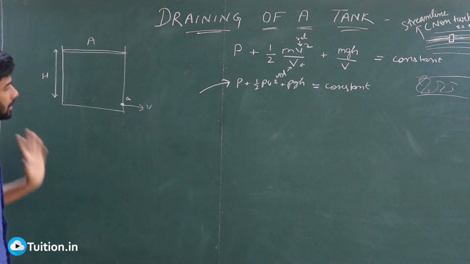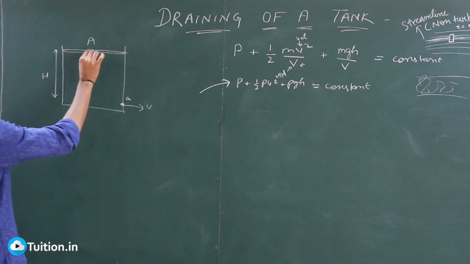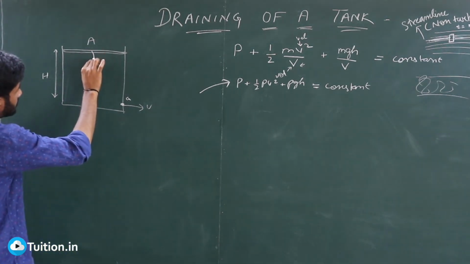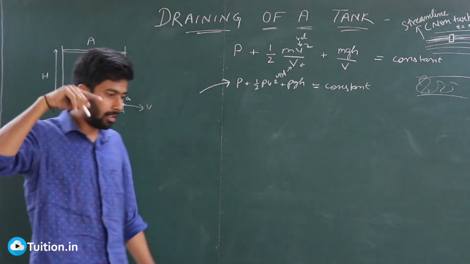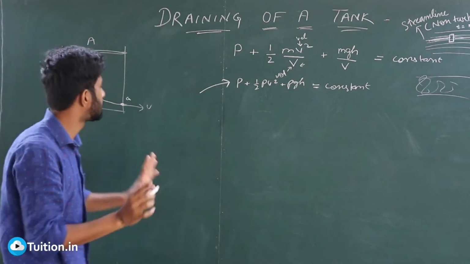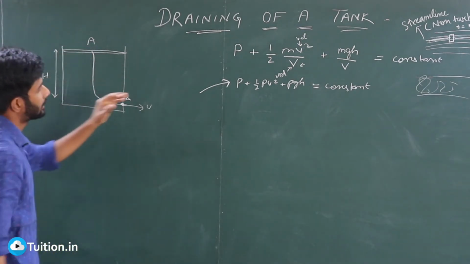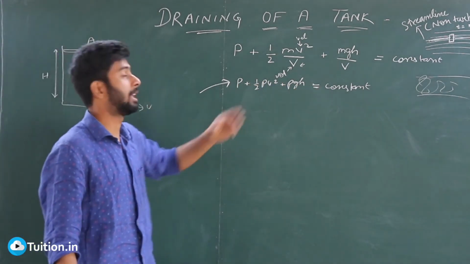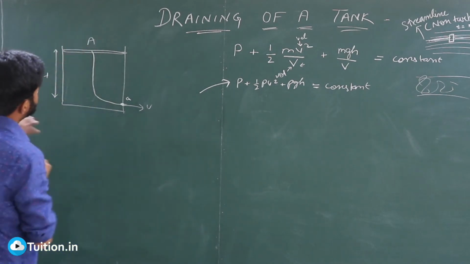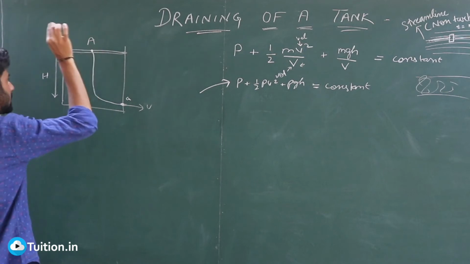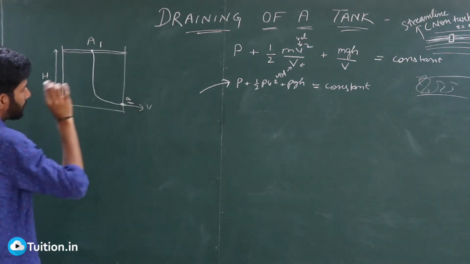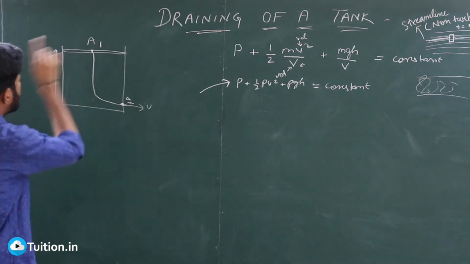So what we will do here is, to solve this particular concept, we will assume a streamline from here to here. The streamline must be the same for the entire fluid, right? That's the point here. You can't have multiple fluids here and then expect yourself to apply Bernoulli's equation. No, your fluid must be the same. The streamline through the fluid must be the same, right? So I'll pick up this point 1 and this point 2 and apply Bernoulli's equation.